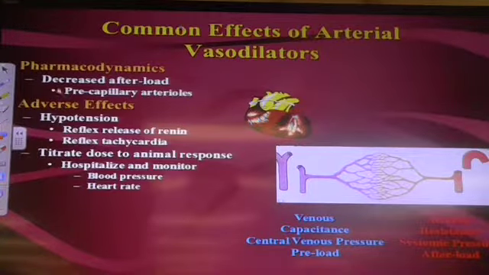Okay, so right off the bat, what's going to happen if we're overzealous with our drugs that cause arterial vasodilation? We're going to have a decrease in blood pressure. What's the kidney do whenever there's a decrease in blood pressure? It puts into play the renin-angiotensin-aldosterone system. So just like our diuretics, if we are overzealous with our arterial dilators, we are going to do the very thing that we're trying to prevent, and that is a response to vasoconstriction.